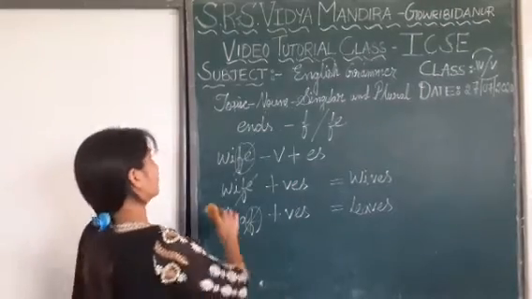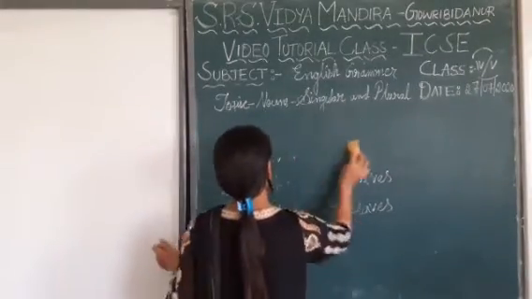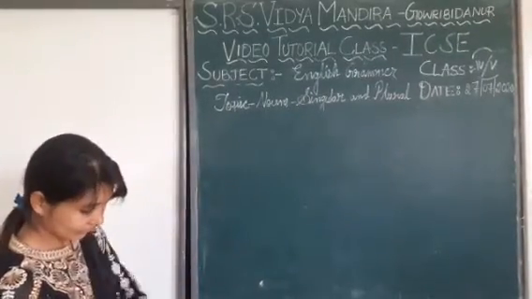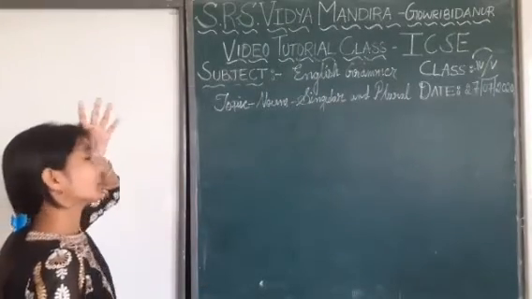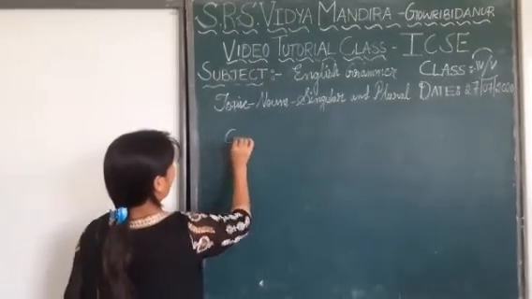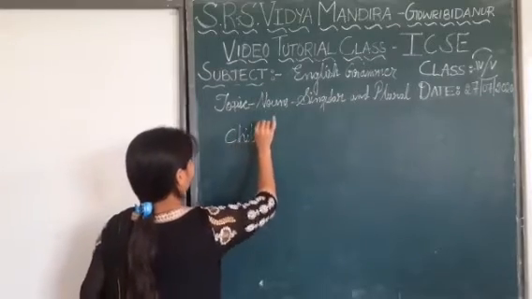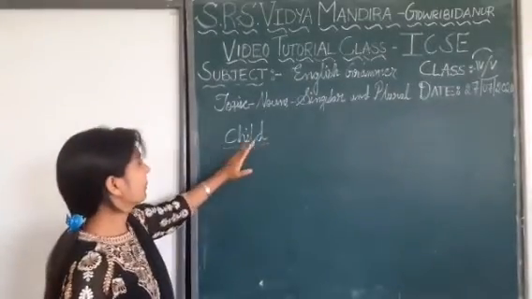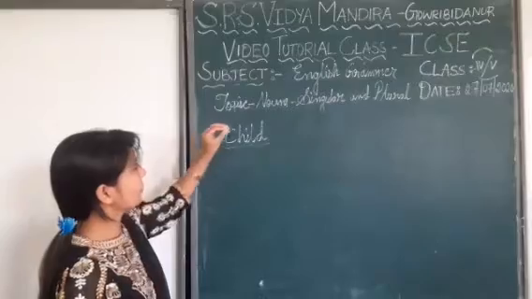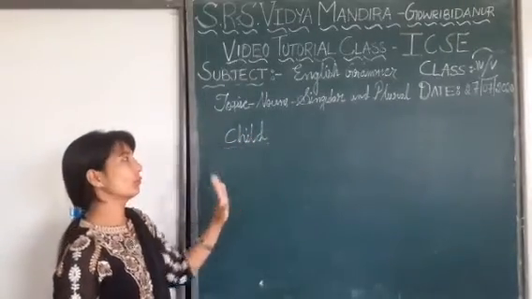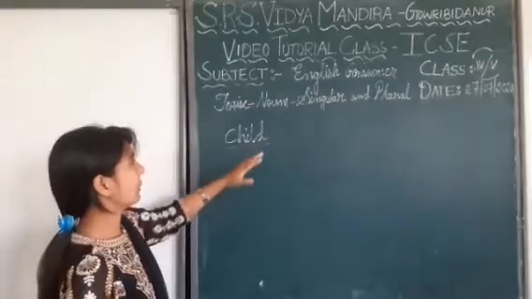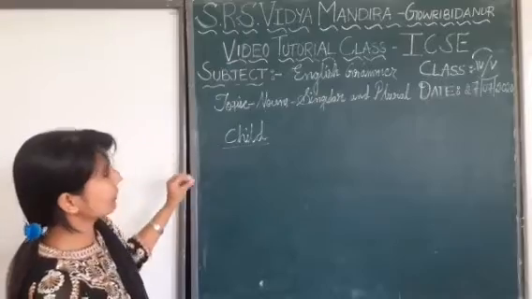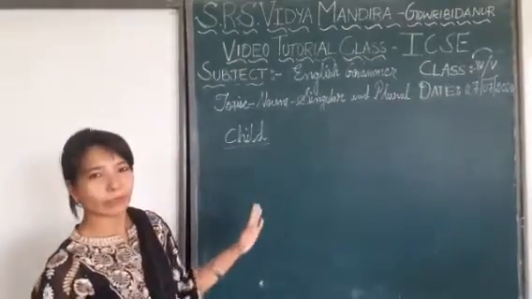But when the word ends with F or FE, cut it and add VES and change into the plural form of the noun. And now the last one is totally different from other words. Sometimes it completely changes the word. So whenever we write child, this is only one child. It represents only one. But we learned that for most nouns we add S to change into plural form, and when the word ends with Y, we cut the Y or we add the S, or when the word ends with CH, SH, and so on.